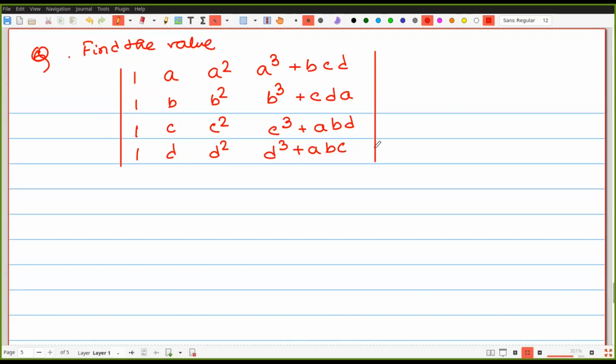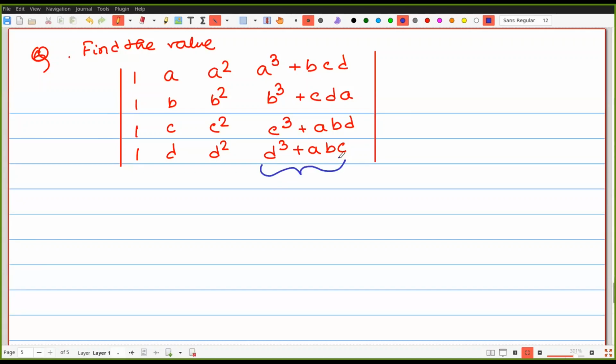Now, when we are looking at the determinant, at the very first, it is a fourth order determinant. If we expand it, then we are getting a very big calculation, very long, very laborious. No, don't think in that way. Always think first about the properties of the determinant. Look at the fourth column.